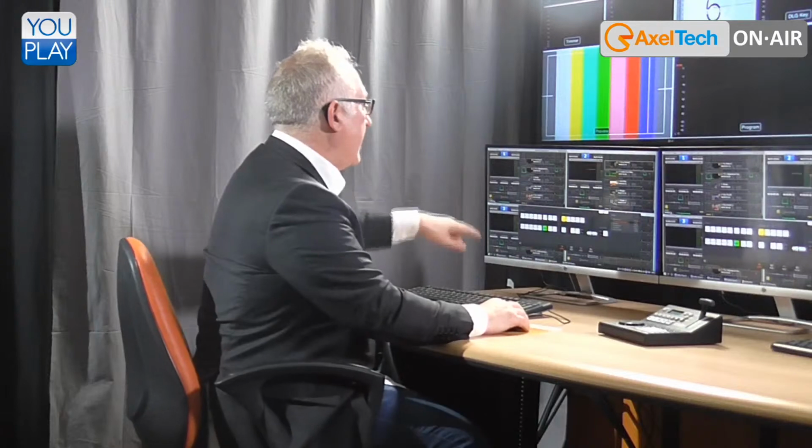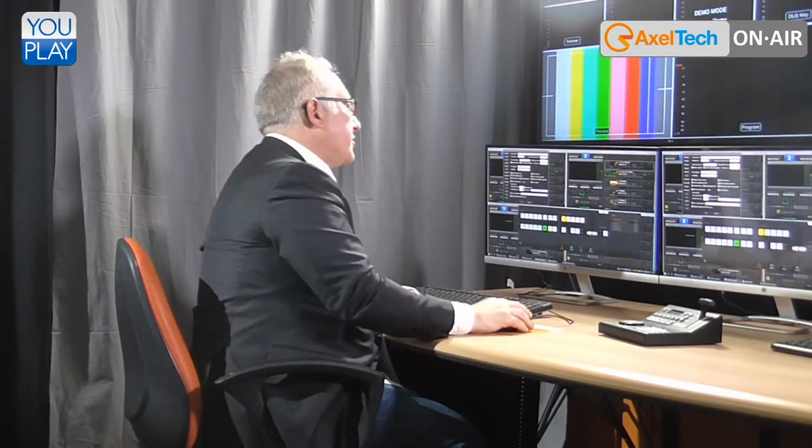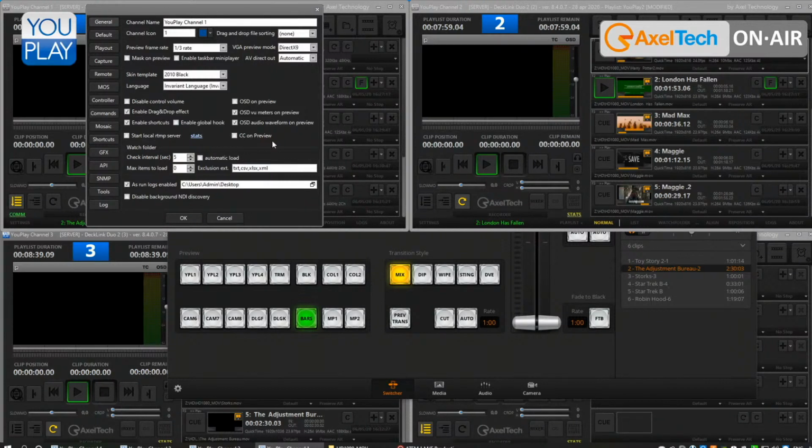You have the possibility of seeing a preview on your screen. There's a special click option that you can enable, which is called CC on preview. So you get that closed caption on your preview, and it will be sent out on the SDI output as closed caption. Not only do we support closed caption on the input,